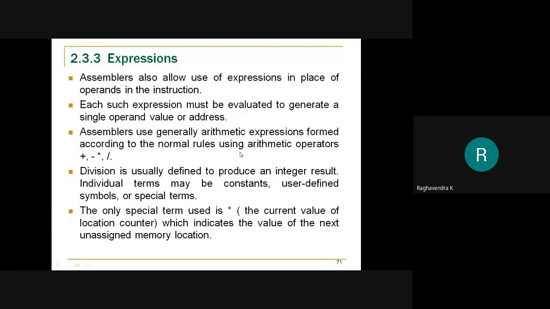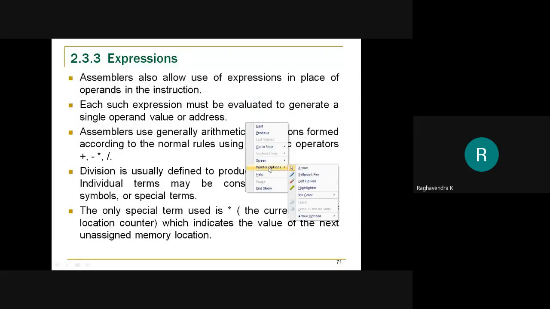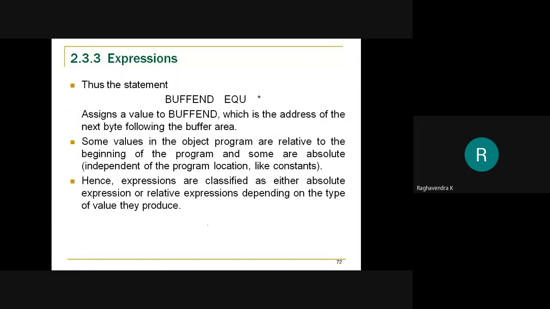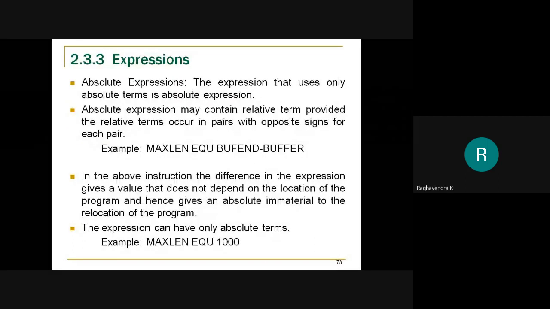Right. So, in the last session, we were discussing the concept of expressions, where we had seen that we can use expressions in place of operands, and these expressions can be made up of different constants, user-defined symbols, or special terms. When it comes to special terms, we know that we are supposed to use only star. Star is basically the current value of the location counter, and of course, the constants and user-defined symbols can also be used. But when it comes to the constants and user-defined symbols,